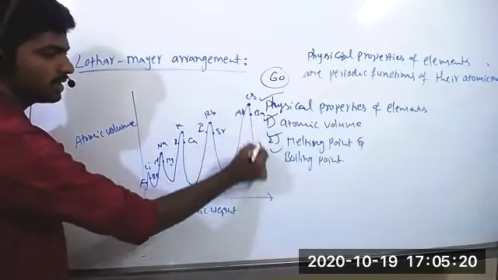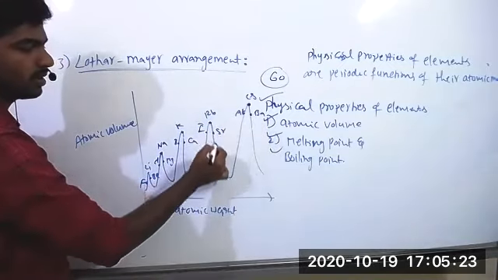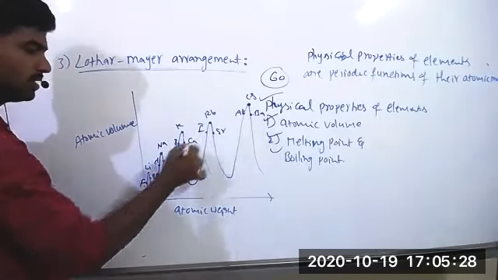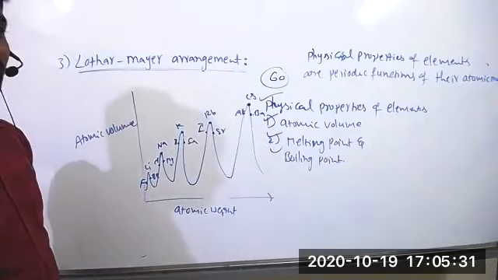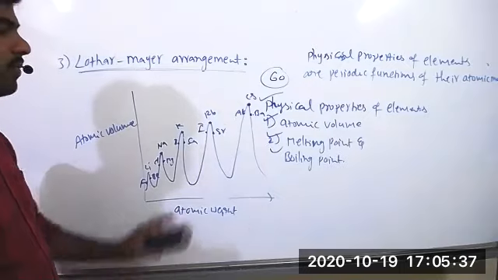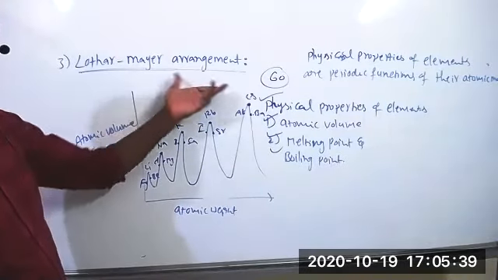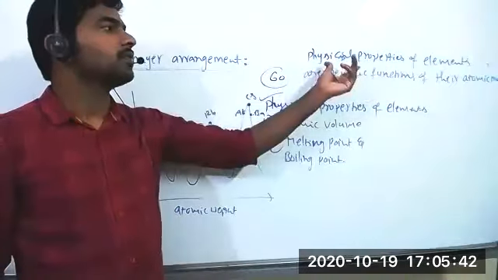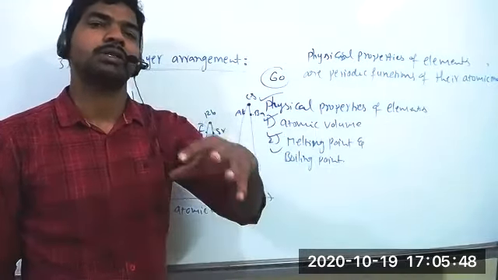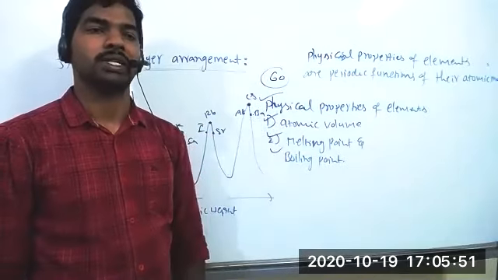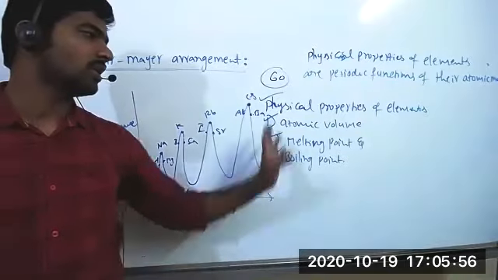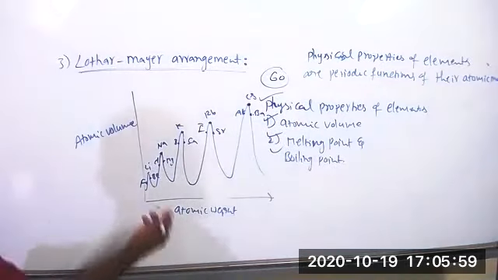And in their descending order, some elements are occupied: beryllium, magnesium, calcium, strontium, barium. Even these elements have the same properties. So elements with similar properties occupy similar positions in the graph. From this experimental data, Lothar Meyer gave this generalization: physical properties of elements are periodic functions of their atomic mass, so they depend upon their atomic masses. Based on this, he also gave a tabular form, but we don't need it. Just write the generalization and graph.